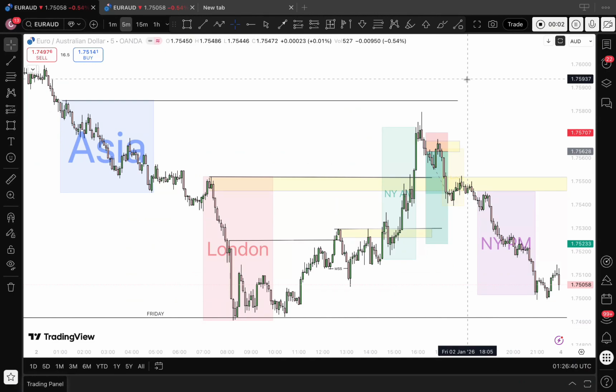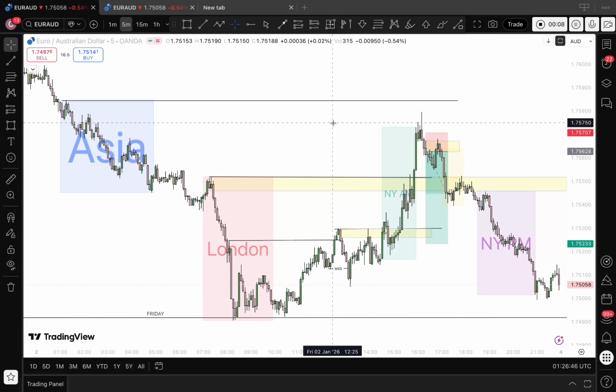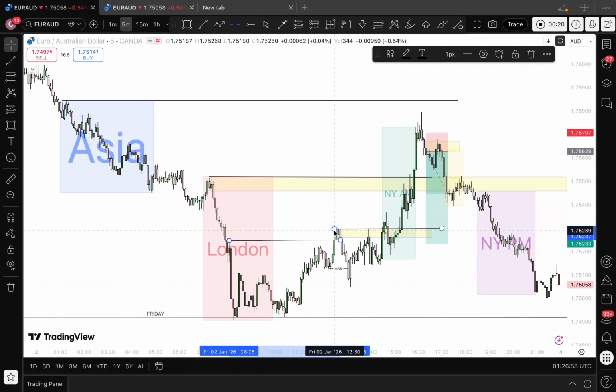All right, welcome back. Now let's come in and see what price did at this point. Price just did the magic, the same way we expected it to happen. Like we said, we are waiting for smart money traders to get liquidated. Why? Because people will count this place as a point of interest here.